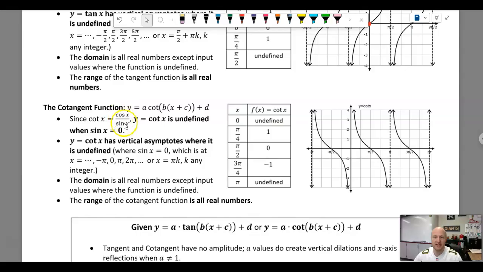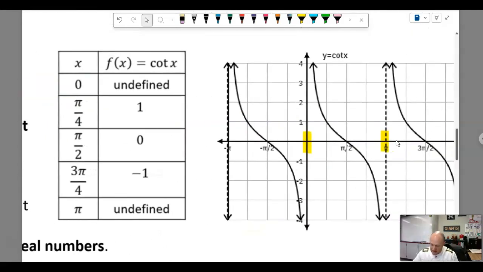Cotangent is cosine divided by sine. Since we're dividing by sine, whenever sine of x equals 0, cotangent is going to be undefined, and that's where our asymptotes are. So that will happen at 0, it will happen at pi, it will happen at 2 pi, okay? And so that is where our asymptotes are for cotangent. What's important when we graph cotangent is that 0